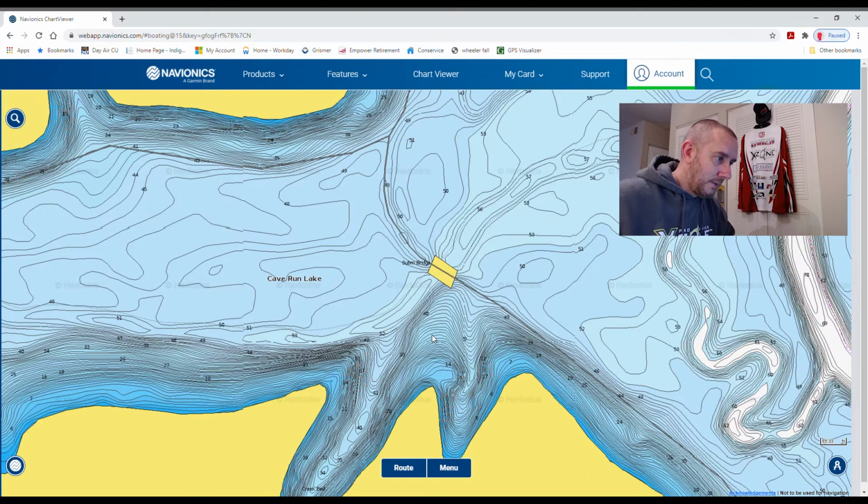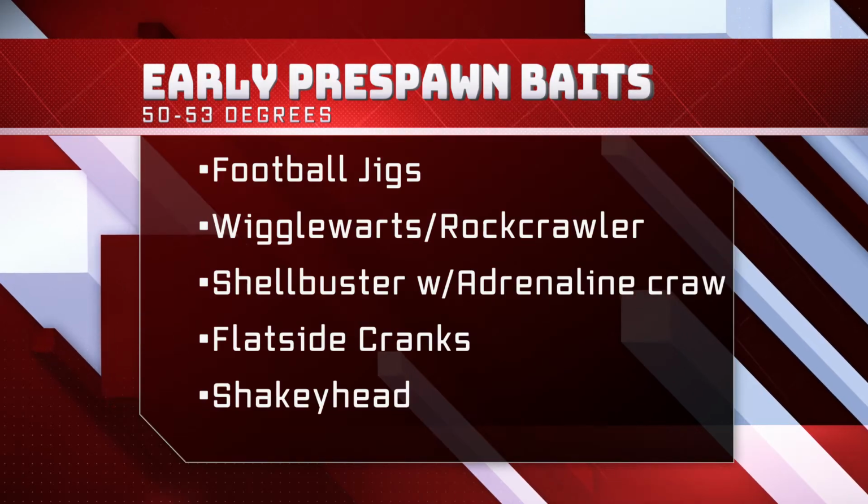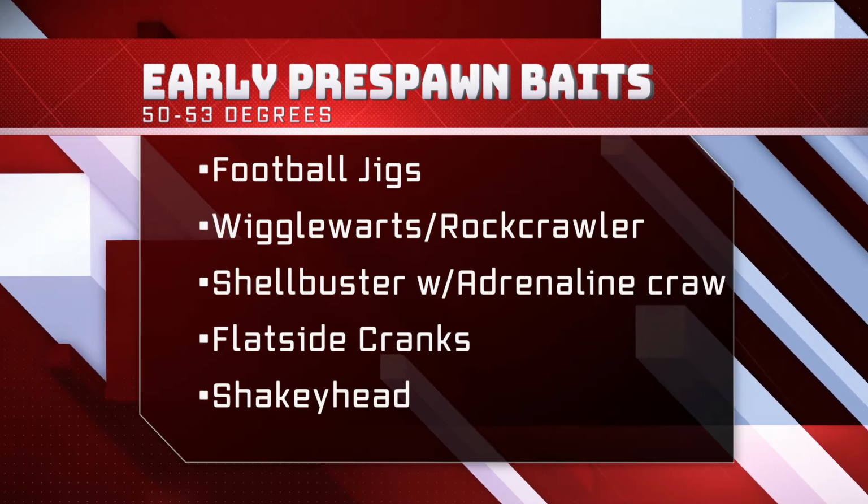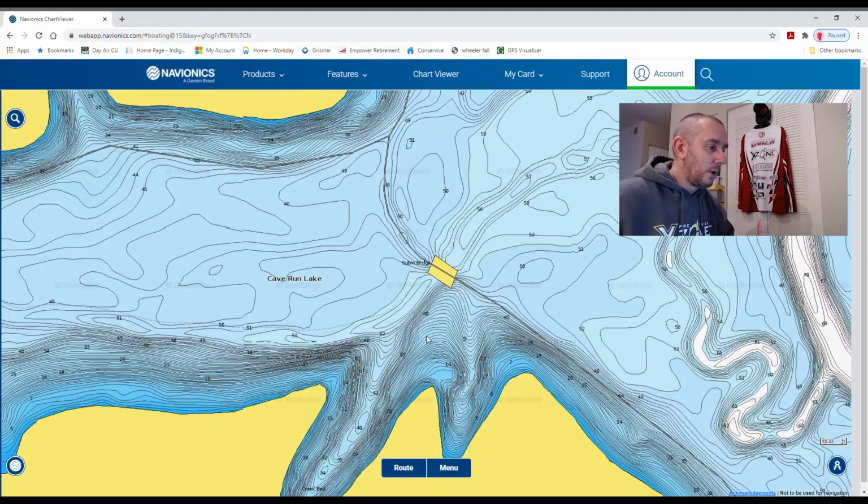You've got both things kind of pushing in here, which is a great spot. You've got this nice flat up here at the top of it, and something like this is where I'm going to start keying in with the football jig, throwing that 3/4 ounce, or the shell buster with the adrenaline crawl attached to it, and just dragging this point, really covering it in depth,